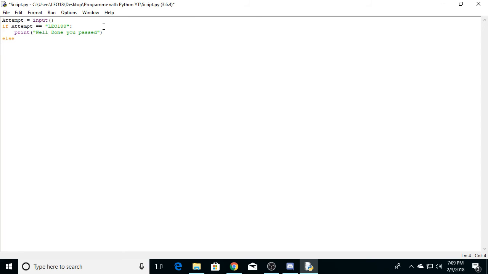Then you do else, which means if the top if is false. The if statement just checks whether this bit is false or true, because you can just set this to a standard variable and set the variable to true or false, and it will still run. And else, you just enter the indentation of else, and this is basically if the if is false, it will print something out. So this is going to print a message to say that it's incorrect, and it'll say,